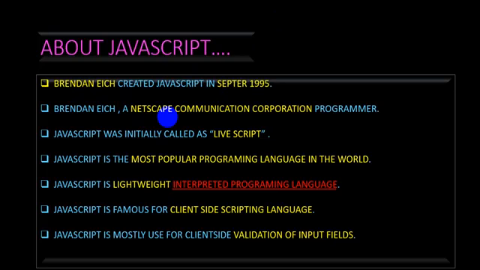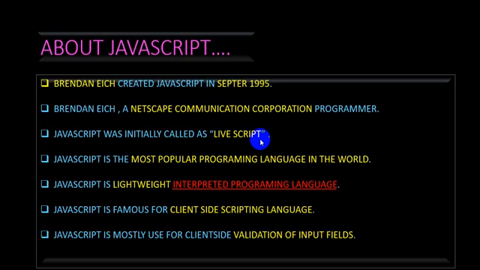If he is asking about the name of the person who created JavaScript, and if it says which company created JavaScript, your answer would be Netscape Communication Corporation, and in which year? 1995. Is it clear? Now the next line, JavaScript was initially called as... When JavaScript was created the first time, in 1995, the name was LiveScript, or it was initially called